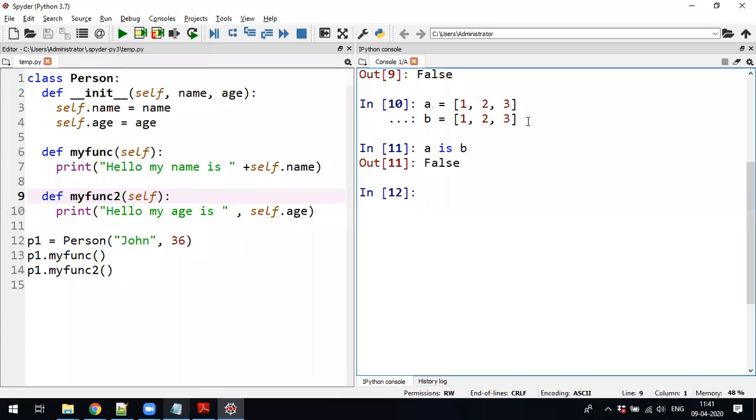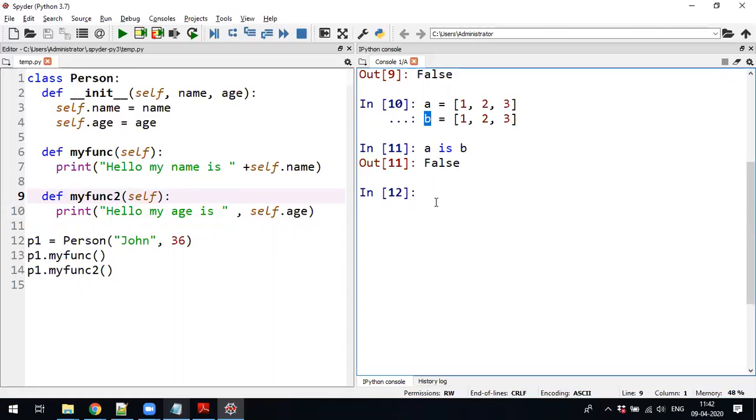But it is not so in the case of the list. Whenever Python creates a list, it points to a different list object. Every time you create one, A is a separate list object and B is another list object.